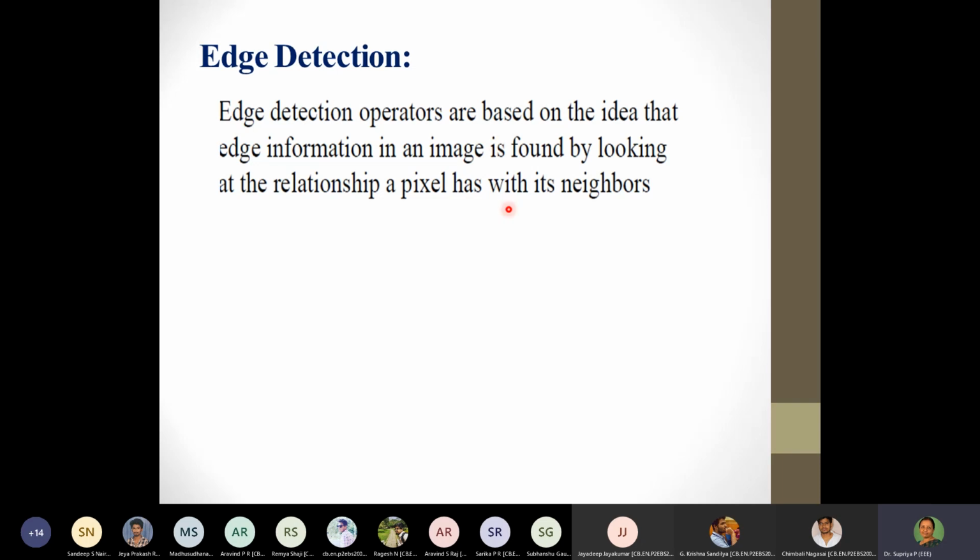So thus we can say that the edge detection operators are basically based on getting information about the relationship of the pixel with its neighbors, either as central difference or as cross gradient, as has been seen in the three masks that we have just discussed now. And when we saw the central difference, we also saw in the mask we could have it just as a horizontal mask or as a vertical mask, where it could exist only as one component of mx or as one component of my.